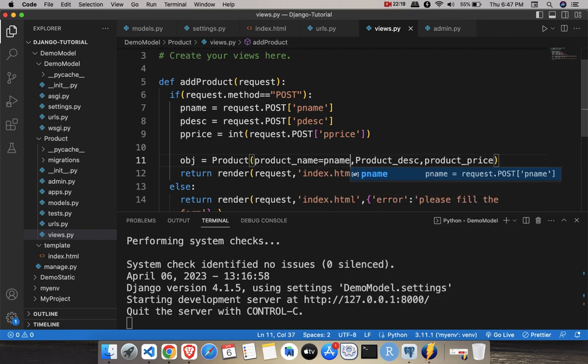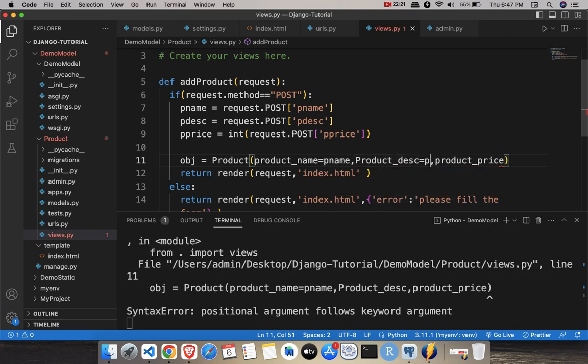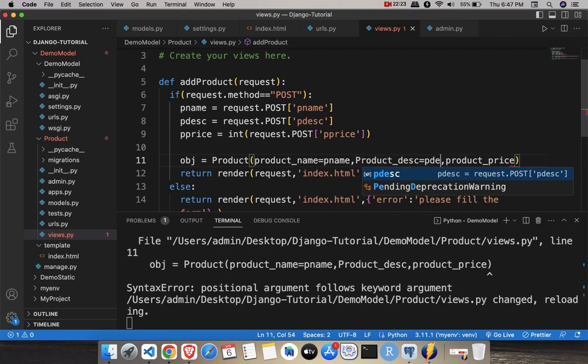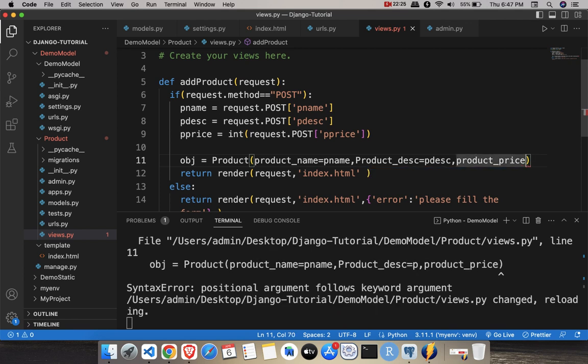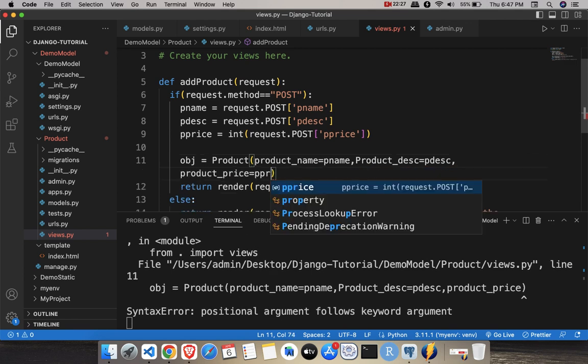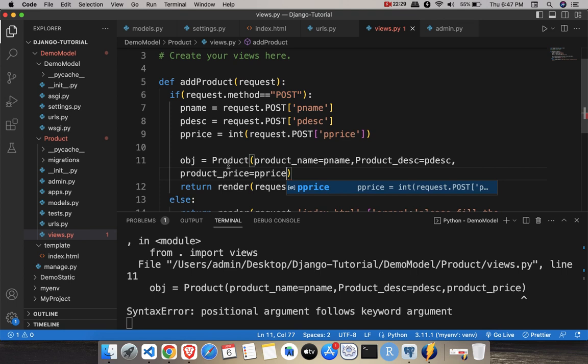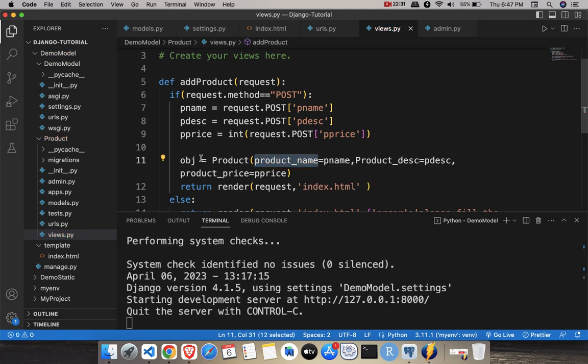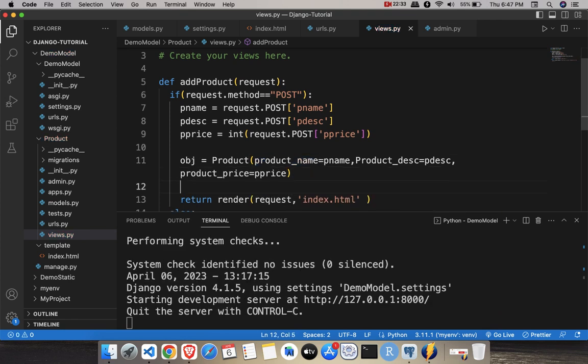So you write p name, p description, and p price. Three values are bound to these respective fields in the object, and now you want to save this object to your database. So you just write object dot save,